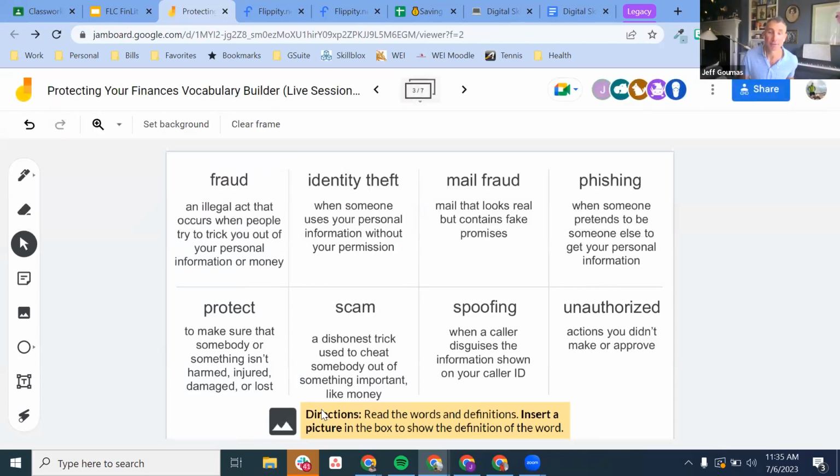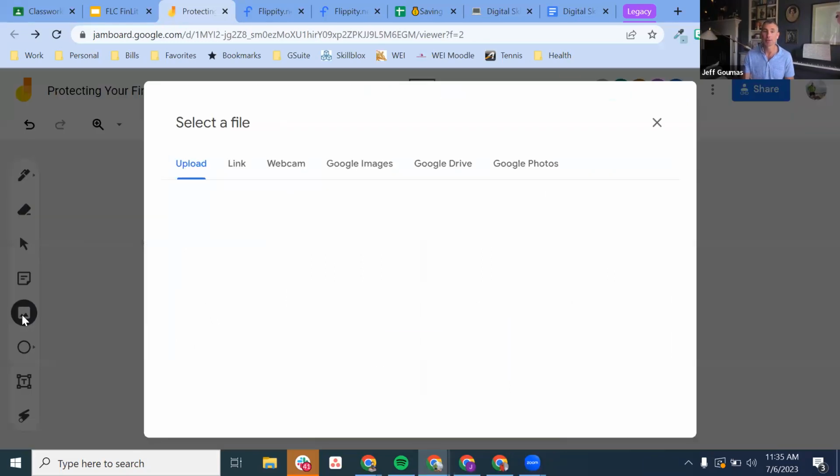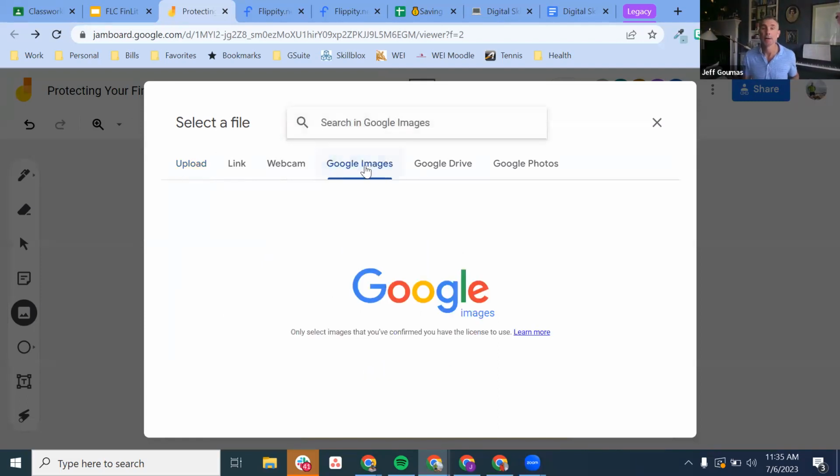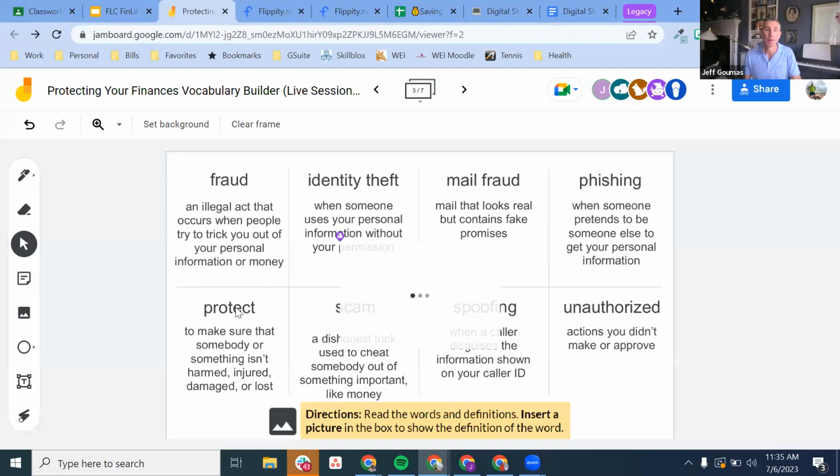So this is an activity, and the directions always identify the icon. In this case, this is the picture icon. Read the words and definitions, insert a picture in the box to show the definition of the word. So Jamboard has this really great add image feature, which allows you to upload or take a picture on your webcam, but it also allows you to go to Google Images. And you can search within Google Images. So I could,